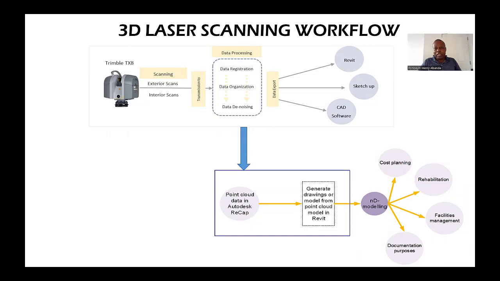It's exactly what I'm going to do in part 2 of this presentation. So we're going to get our point cloud data from Autodesk ReCap and then take it into Revit, then use it in Revit to develop a BIM model. And then based on that BIM model, it can be used for different applications, what I would generally call nD modeling. These applications could be cost plans, project programming, rehabilitation, facilities management, documentation purposes, even health and safety, all the kinds of applications we think of in practice. We call that nD